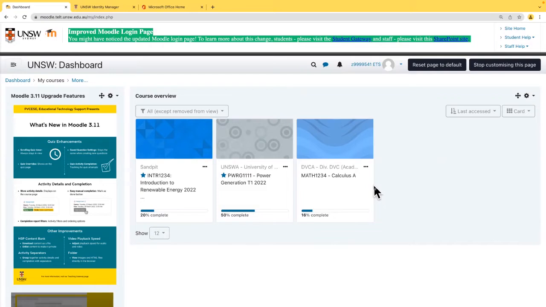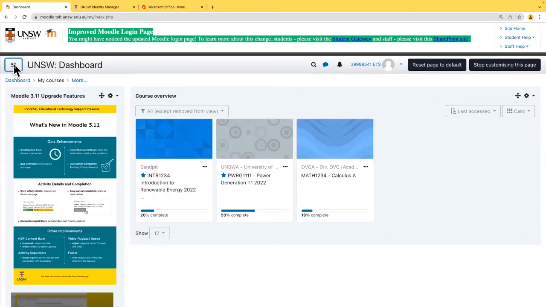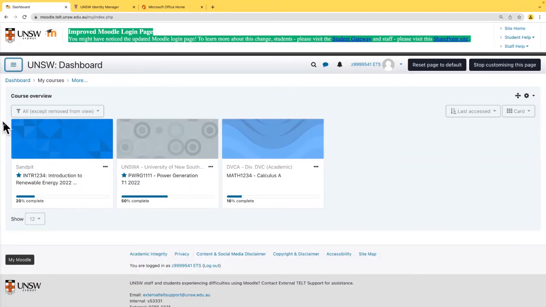And you can also hide the left-hand column here by clicking on the top left button here as well. So especially if you're working on a smaller screen and you want to maximize what you're seeing, you can hide this left-hand blocks by clicking on this icon here, and it puts whatever's on the center of your screen into focus.